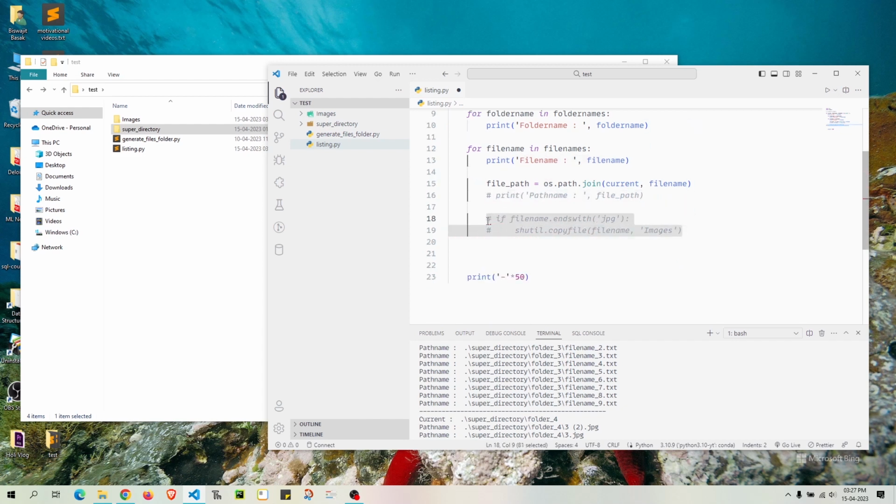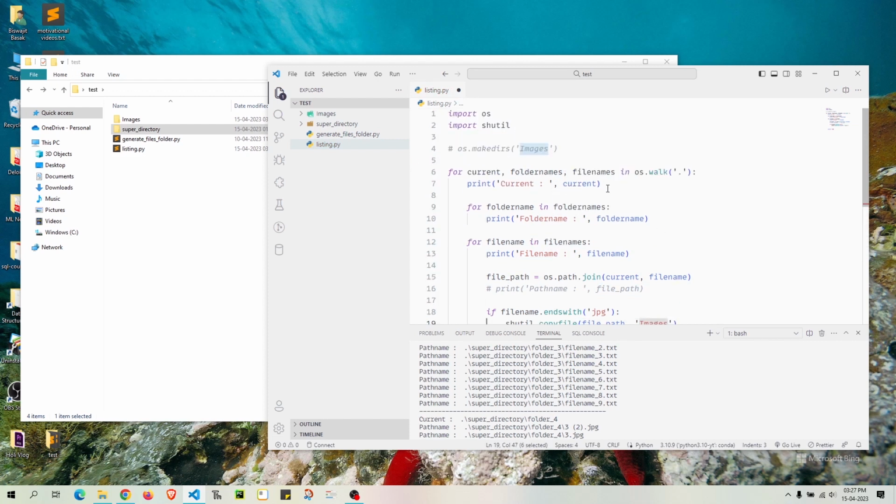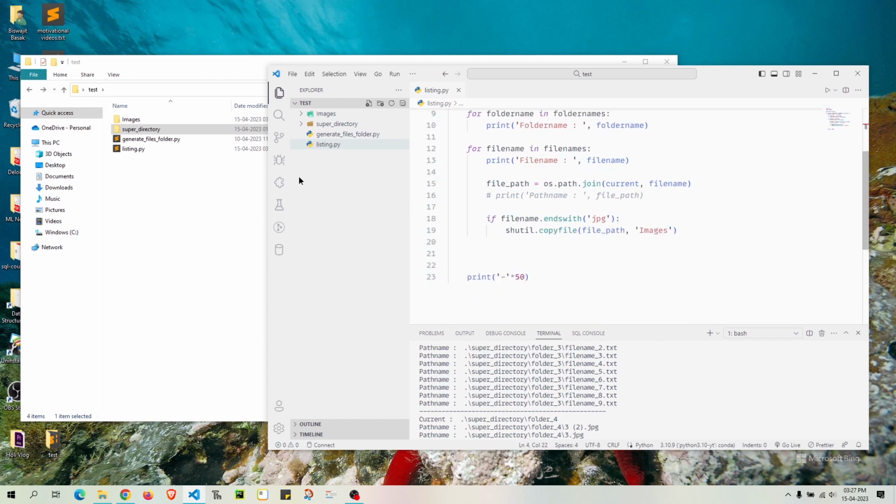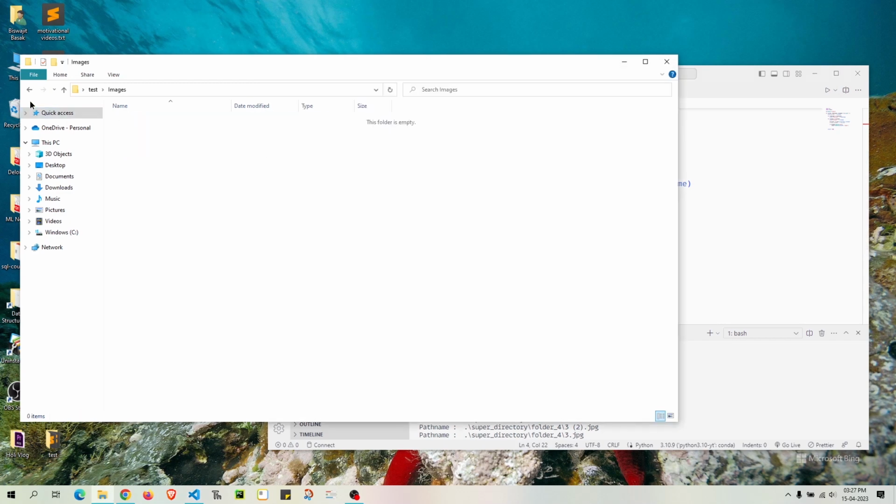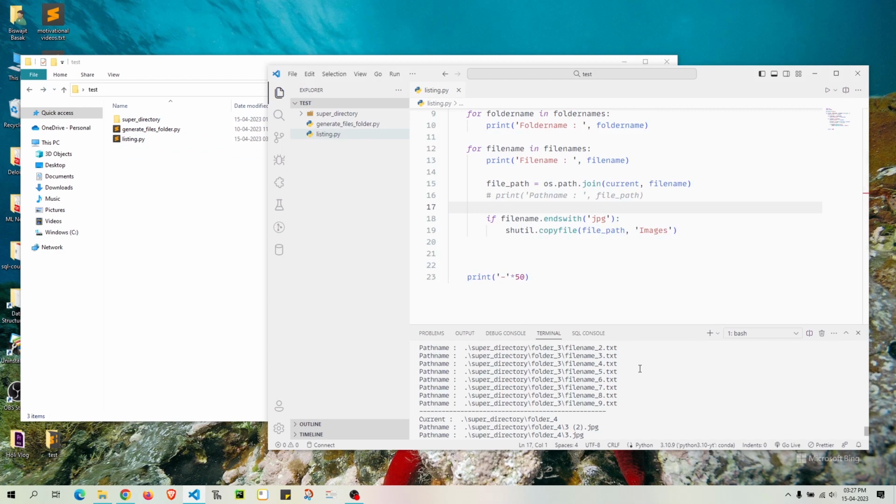In our condition, if our file name ends with jpg, shutil.copyfile, no, it won't be file name, it will be the complete path name, and where it will copy is inside images. I have commented this out, but we can uncomment this, and we can delete the particular image folder. It does not contain anything, so I'll delete this. And now if I execute it,